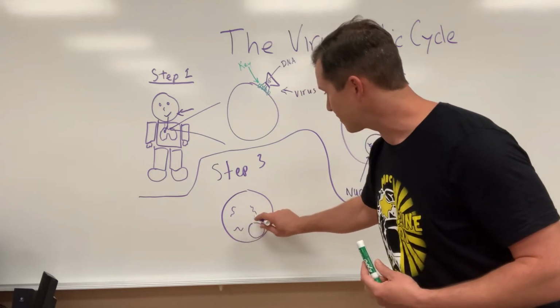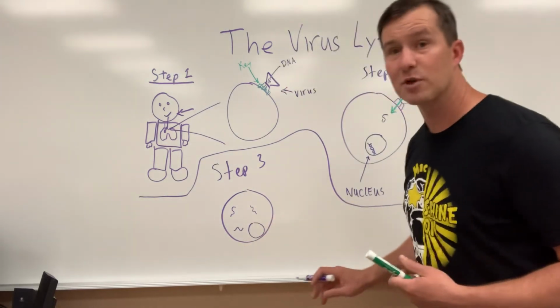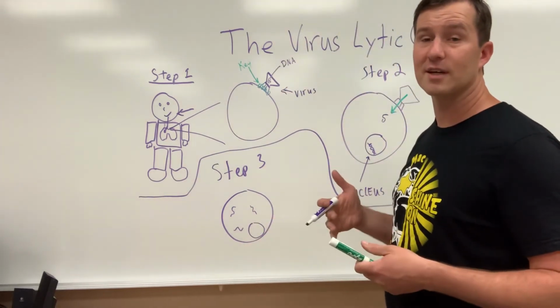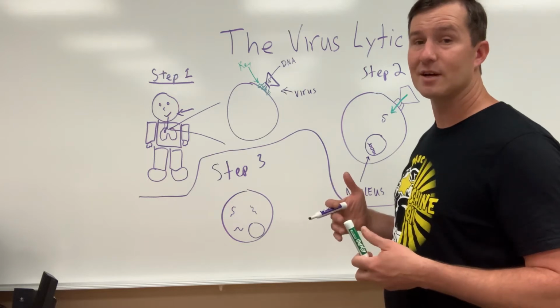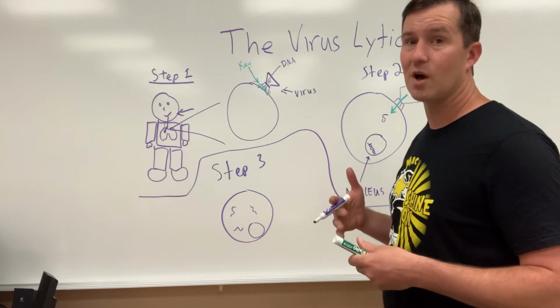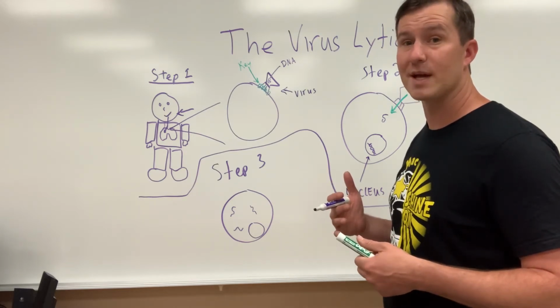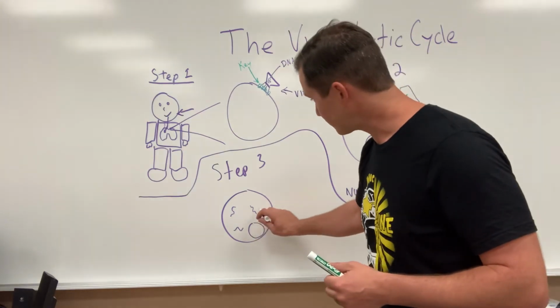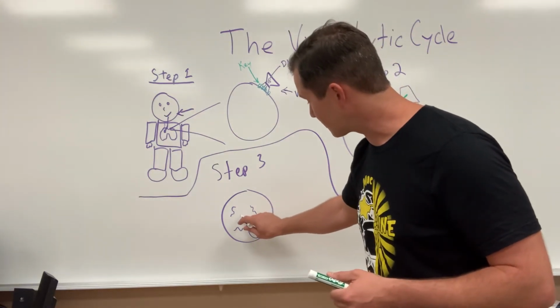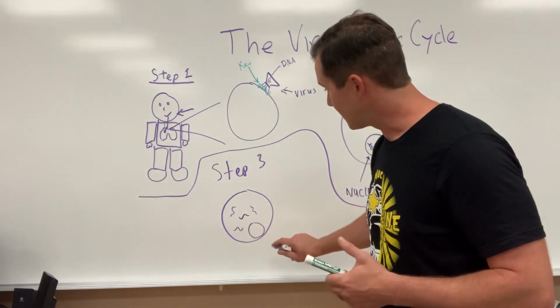So in your cell you have these things called ribosomes, and the ribosomes are the factories that can make more DNA, and it can make more everything. So all the proteins needed, the ribosomes can make. And so first it tricks the cell into making more DNA, and then